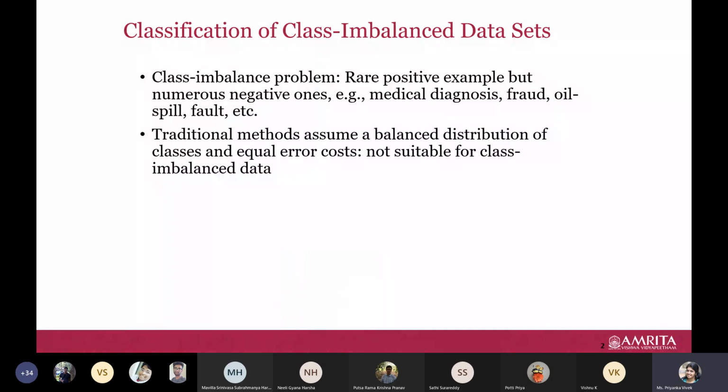So in the previous class we discussed the class imbalanced data set. First of all, we need to identify, when we have a real data set and start doing a project, say you're trying to build a model which would predict whether it belongs to class 1 or class 2, or whether you have a particular disease or not, a fraudulent action, all those things. When you have such a case, how do you identify whether there is a class imbalance problem?